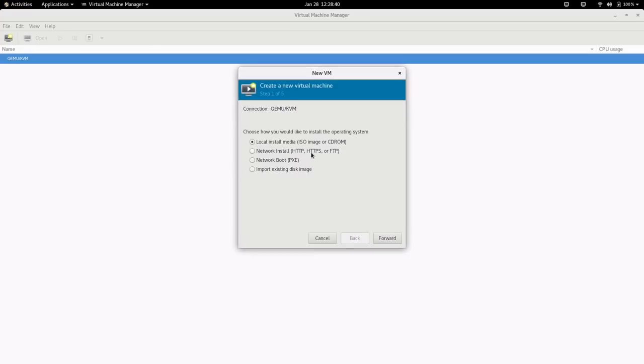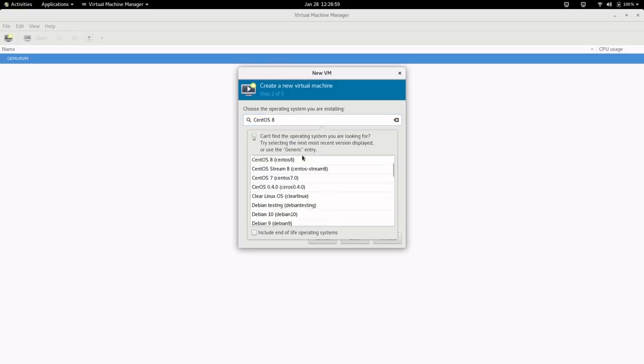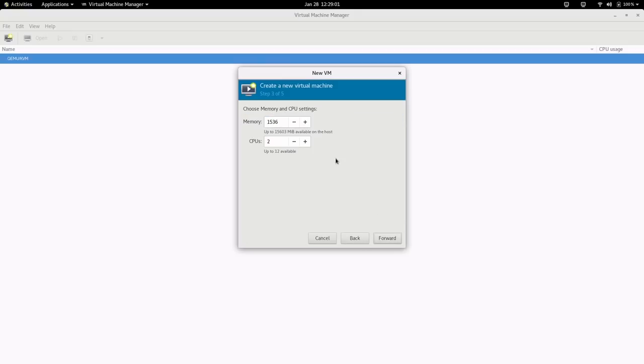In order to create the machine, we have multiple options. I'm going to demonstrate the virtual machine with PXE boot so that it performs the automated installation. I have set up the environment, which I'll explain later, how to set up the PXE boot environment. So click on next, and here I'm going to select CentOS 8 operating system, forward. I'm going to specify 3 GB of RAM, because with less than 2 GB PXE boot will not work.